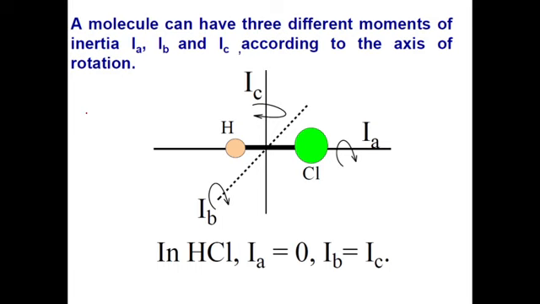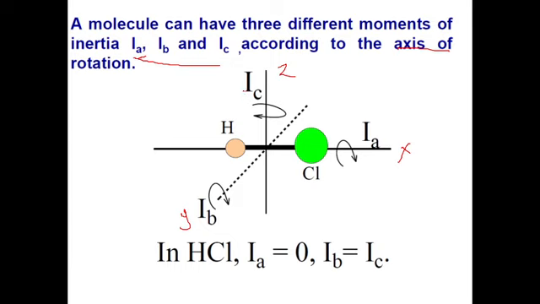This molecule has three different moments of inertia, called IA, IB and IC, according to the axis of rotation. That means there are three axes of the molecule. This is the x axis, this one is the y axis, and this is the z axis. If the molecule is rotated about the x axis, that is called IA. If it is rotated about the y axis, this is called IB, and the z axis, that is called